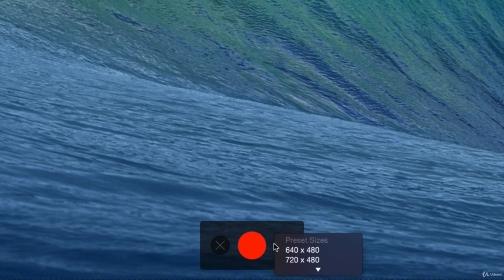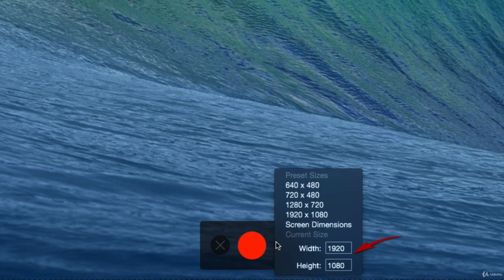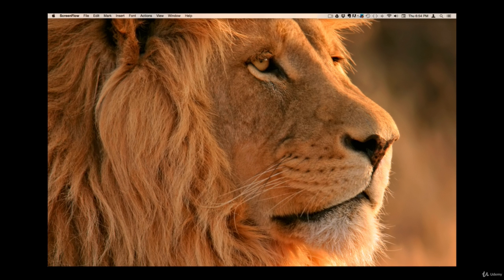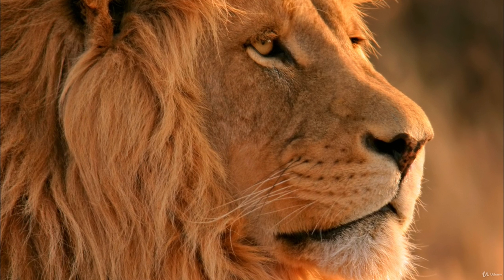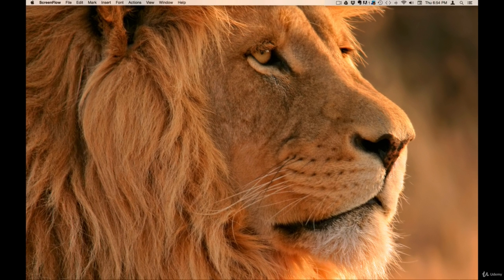You can choose a preset size to record or enter your preferences for a specific size. This is handy for those of you who are filming on a laptop that has screen dimensions set at a ratio of 16:10. HD video needs to be captured at a ratio of 16:9. So, to make my 16:10 ratio screen here fit into the 16:9 format, I would have to let it fit horizontally and chop off some of the top or the bottom, or let it fit vertically and have black spaces